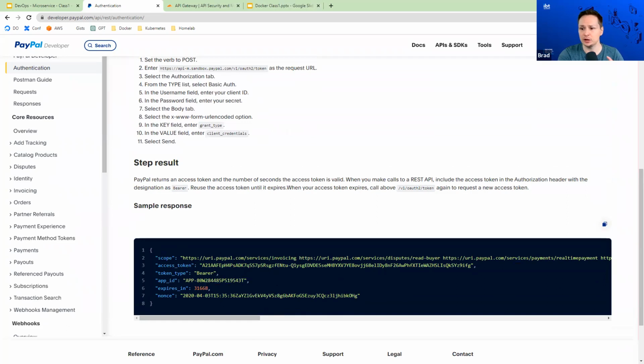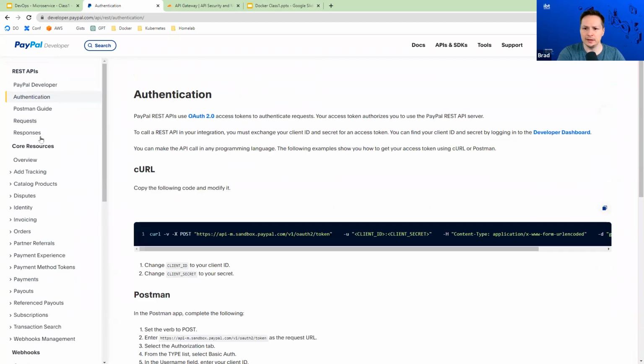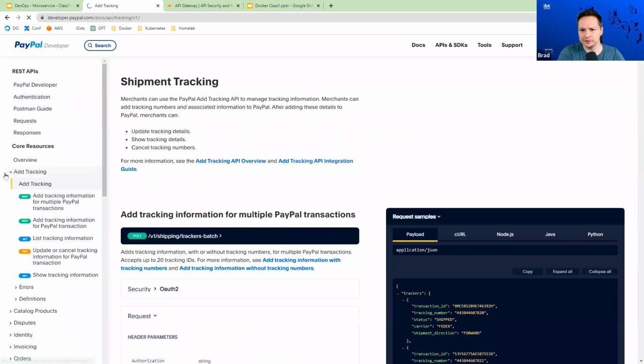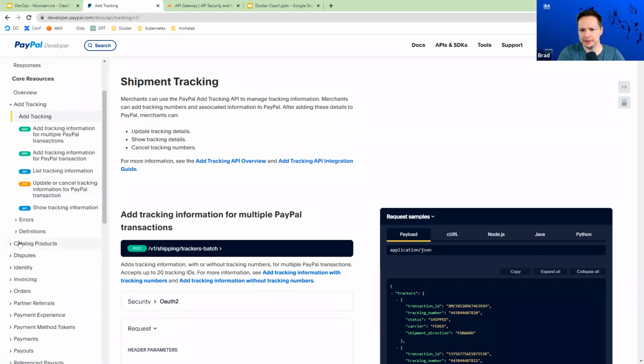So if you were to talk to the PayPal API, this is what a simple example response would look like. Then it goes into all the different resources, right? So I haven't really looked through all this yet, but let's go. Let's take a look at orders.